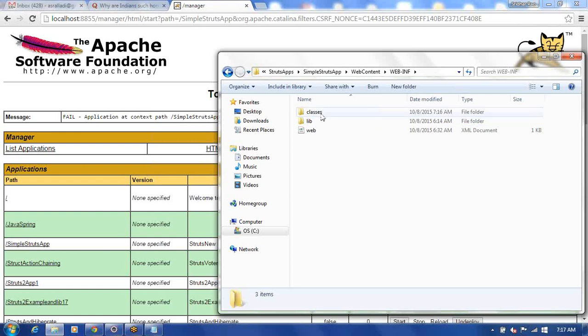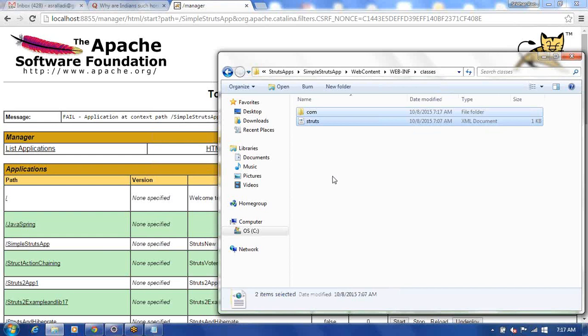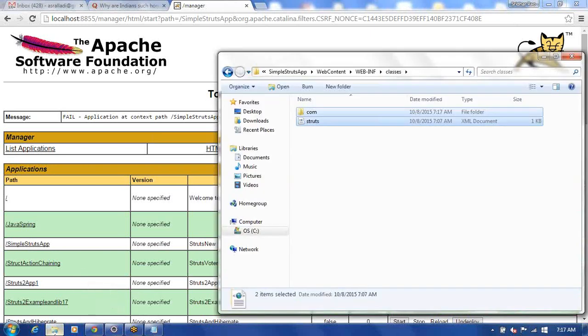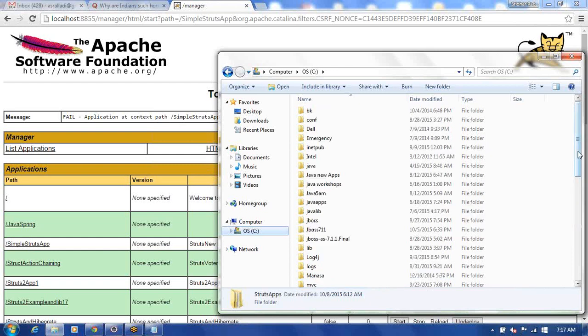So let me paste inside this. Okay, when I deploy this also, let me see how the files are getting created. We can debug like this. So go into the C drive. In the C drive, we have here